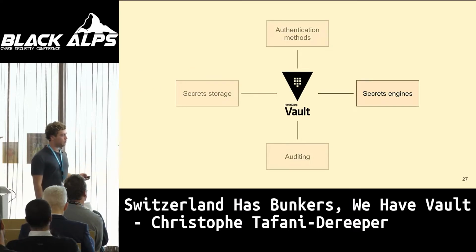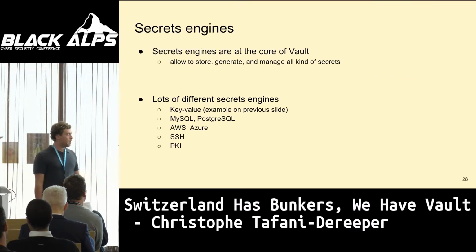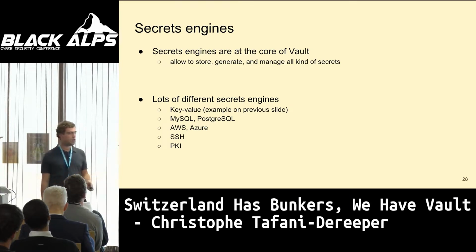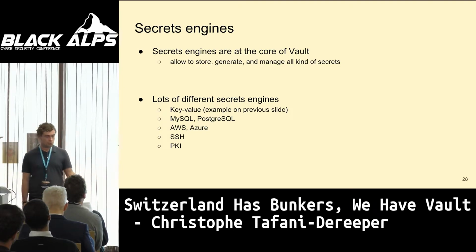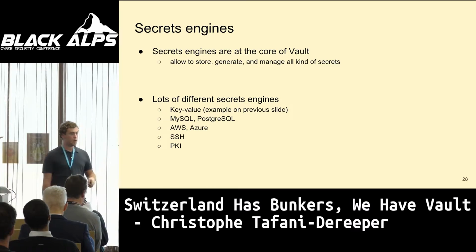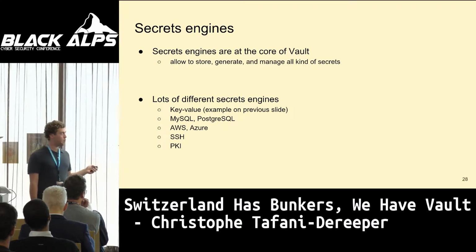Which brings us to the most interesting part, meaning secrets, right? We didn't yet speak about secrets, how we can manage them, how we can actually use them in Vault. So there are different kinds of secret engines. Some are made for technology-specific stuff like MySQL, PostgreSQL. Some other ones are bound to specific cloud providers. So you have things to manage AWS secrets, Google Cloud secrets, and these kinds of things. And we're going to see some of them a bit later.